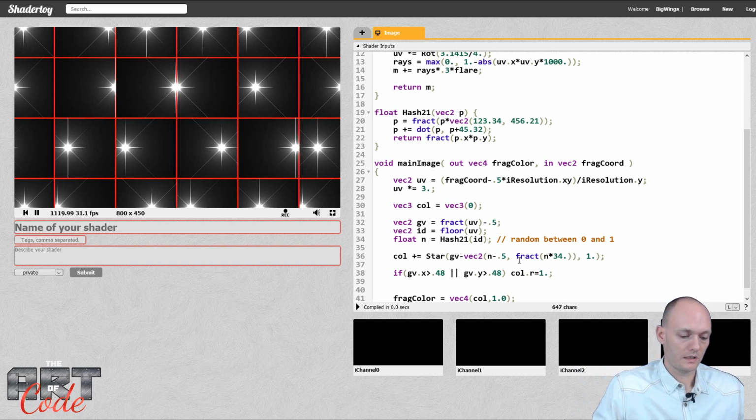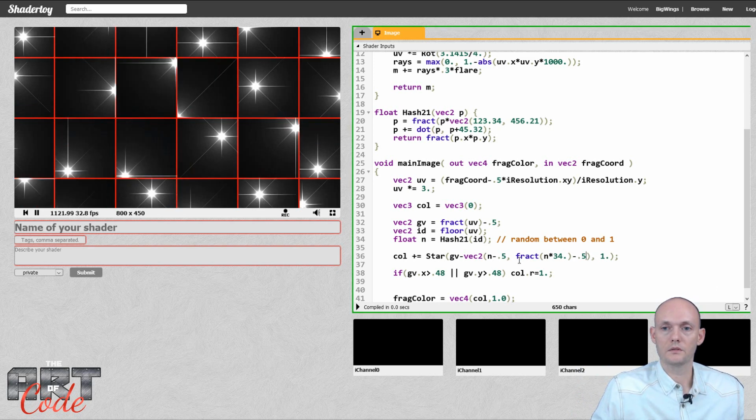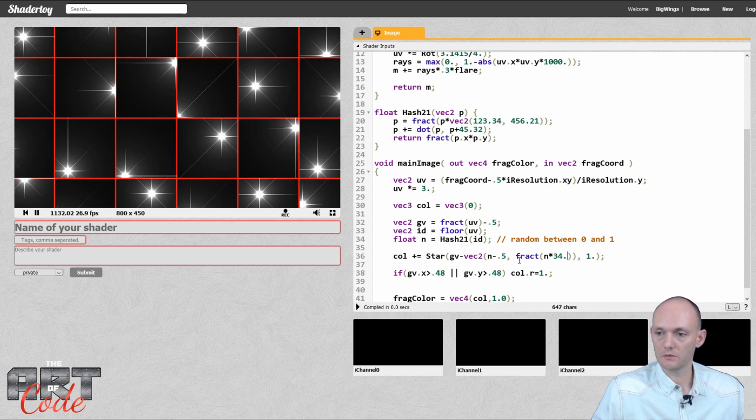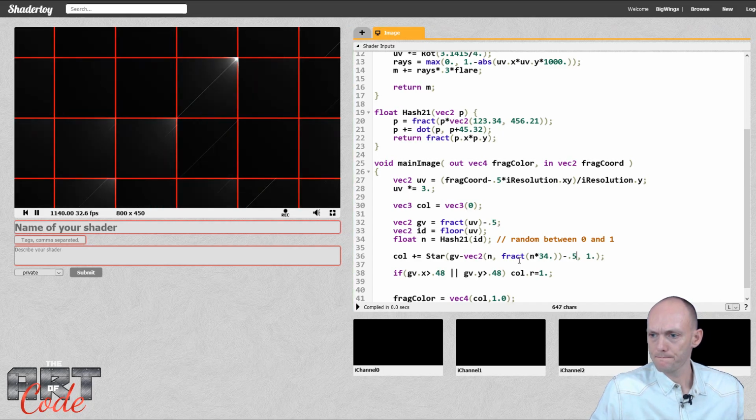And then over here I would also have to do minus 0.5 in order to get that random. All right, so now I have random up, down, left, right. One thing here is if I subtract 0.5 from both the x and the y, then I could just take that out and put that outside here. So minus 0.5 and